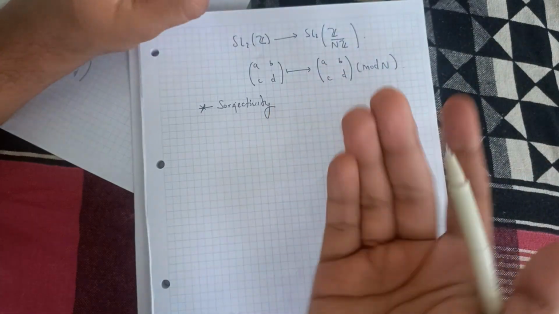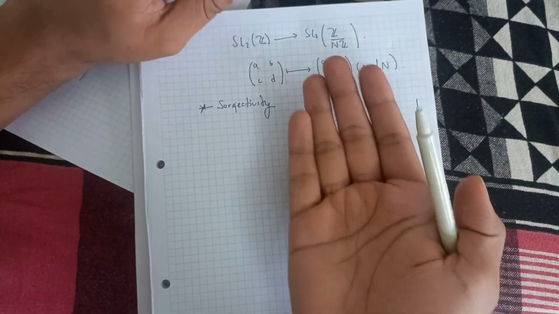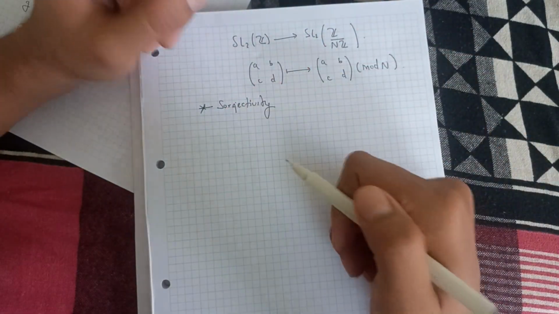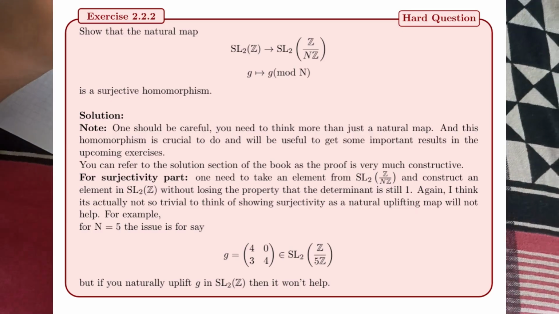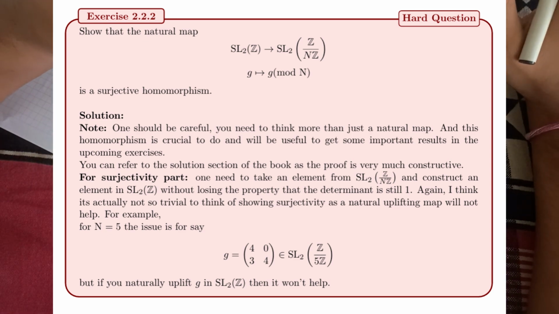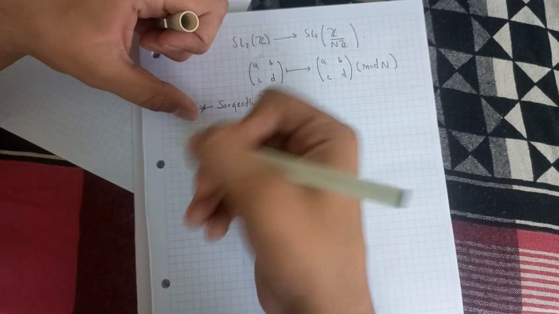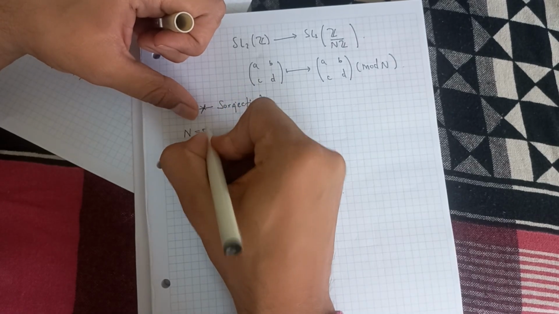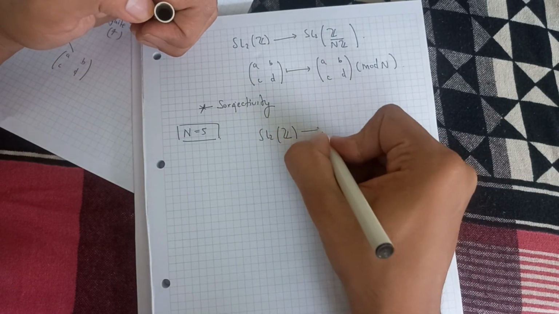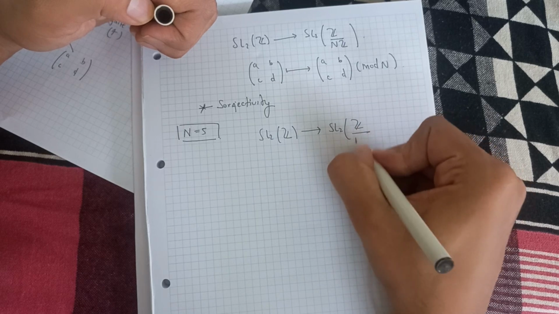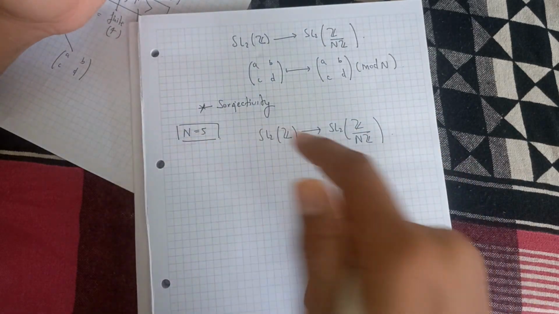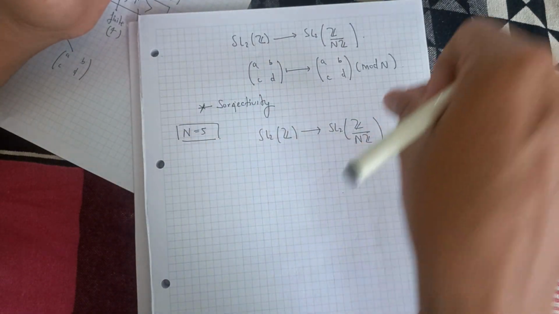The issue is that you can imagine we can take the natural map and map it over here. That won't work, and that will create an issue. I will just explain it with an example, and then we will finish this video, and we are going to continue in the next video. So for n equal to 5, when we have this map from SL2Z to SL2 of Z mod nZ, when we talk about surjectivity, we take an element in SL2 of Z mod nZ,